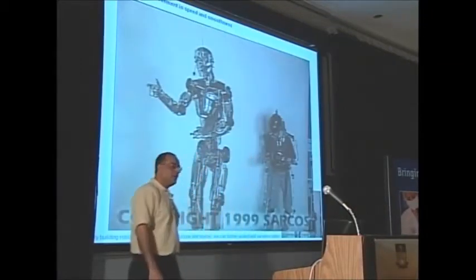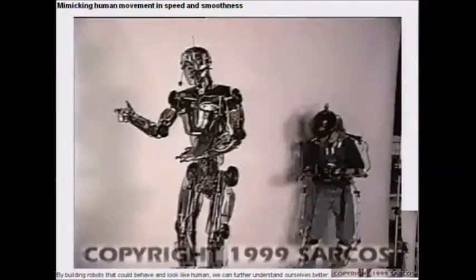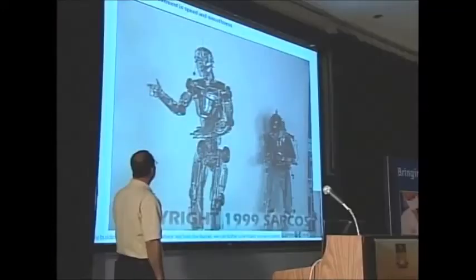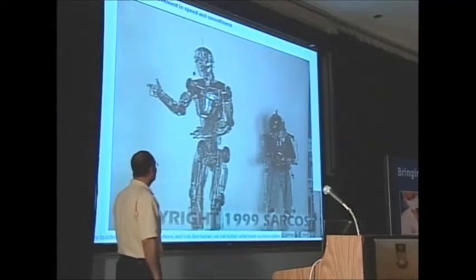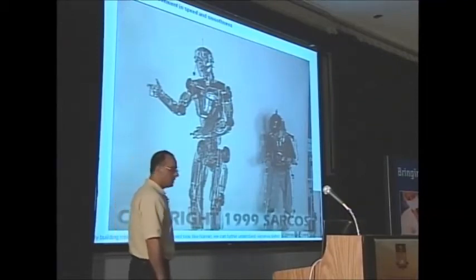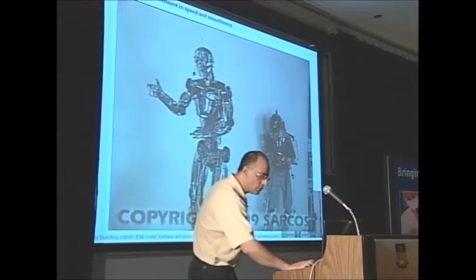A full version of a humanoid robot was built by Sarcos, is a company. Sarcos means flesh. And the idea is to duplicate the human motions in terms of the speed and smoothness. This is an important area. If we can duplicate human motion in smoothness and speed, then we can actually have a robot to be placed of the person in very hazardous area. So without saying more, I'm going to show you this video.